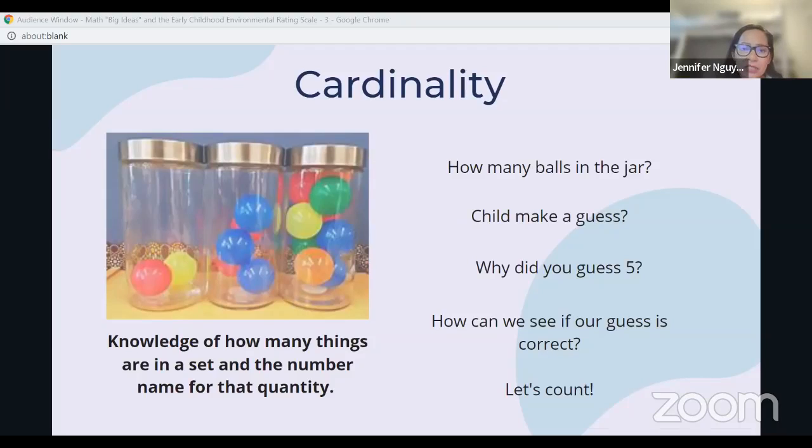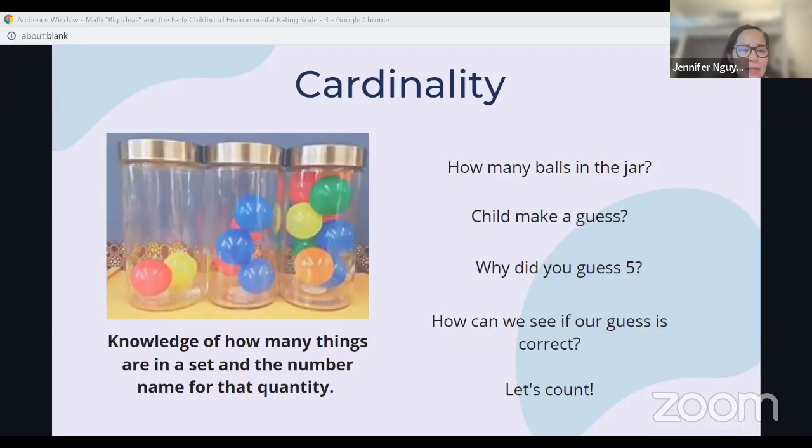And when you see kids do this, when you practice it, even adults will do it. It will sound a little bit like this. 1, 2, 3, 4, 5. You may have noticed that my voice was rising at the end. And then the teacher or the child might say, there are 5 balls in this jar. So you'll hear their voice rise.